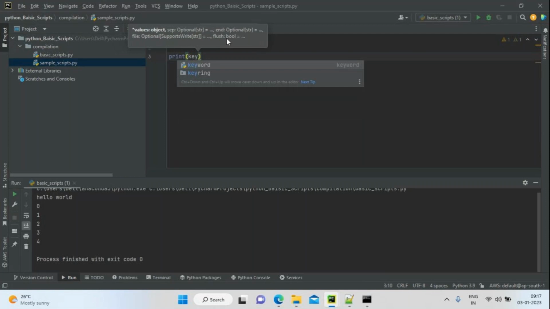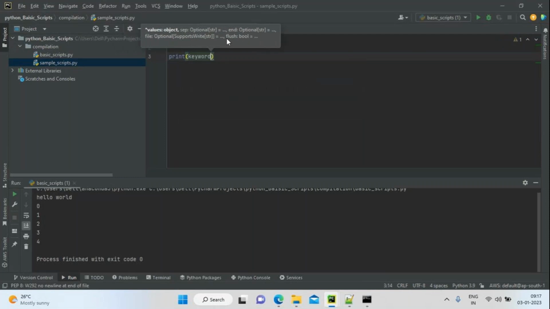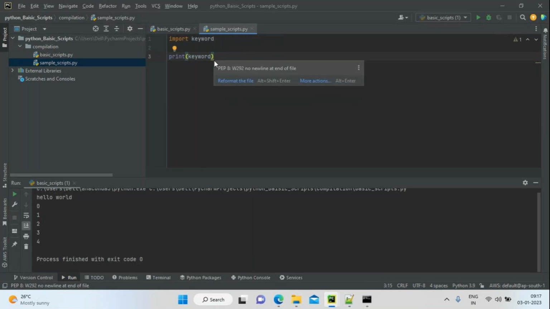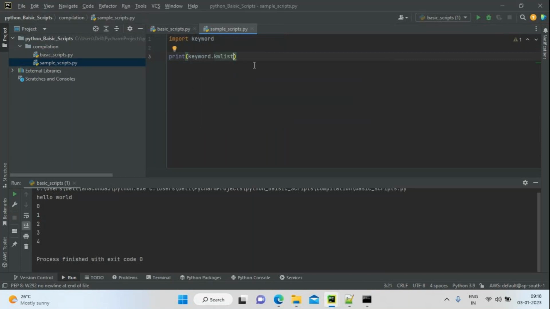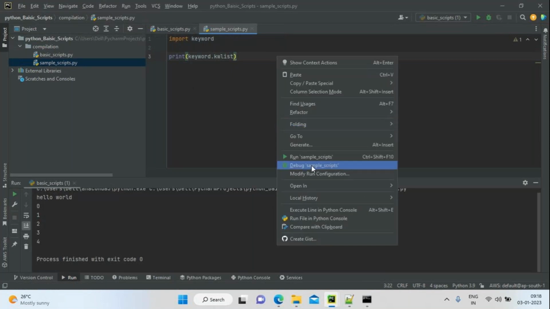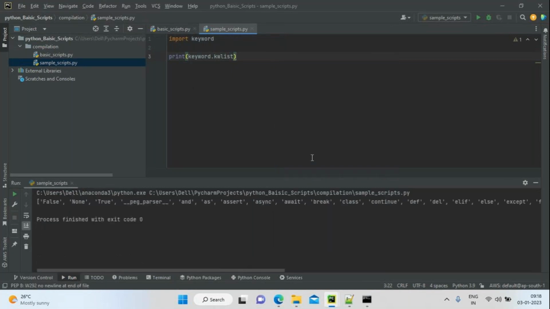I want to know what keywords are available in Python. Just call the module, module dot, variable call, keyword list. You can see V, right? V means variables, F means functions. I want to know all the keywords list. Just run this program.